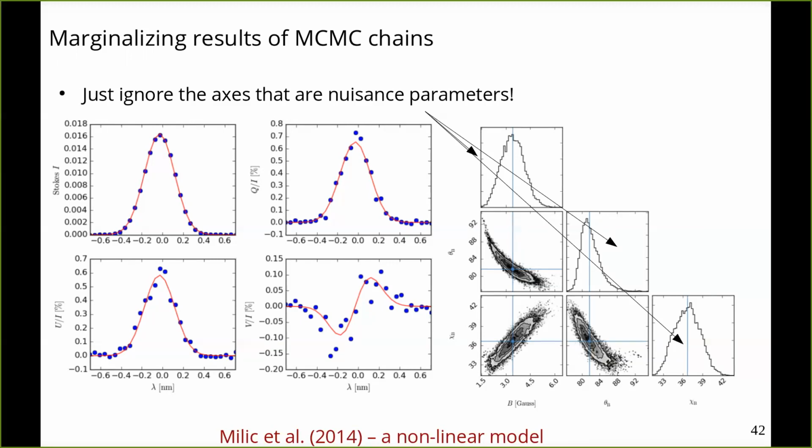So you can have very complicated models which have a lot of nuisance parameters and just integrate over them, and you will get the probability density functions of the parameters that you want. So in the case of solar physics, one